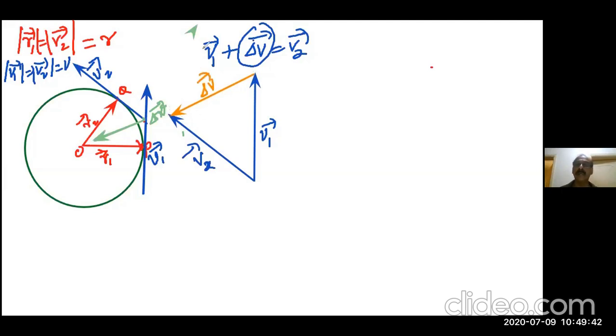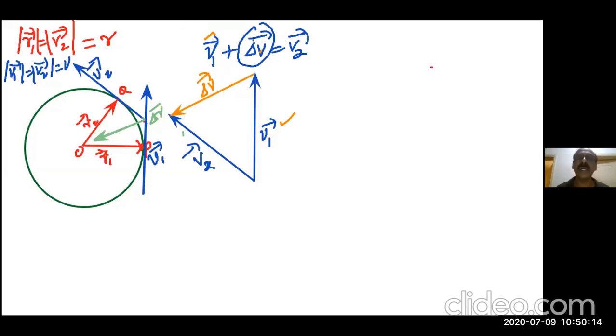Now you see this formula: V1 plus delta V is equal to V2. According to the triangular law, two sides are taken in order. V1 and delta V are taken in order, and the resultant comes in the reverse order. Now any doubt? No, sir. So this much only, now we only have to write it. This is the basic concept you have to develop here. Okay, fine. So draw this diagram now.